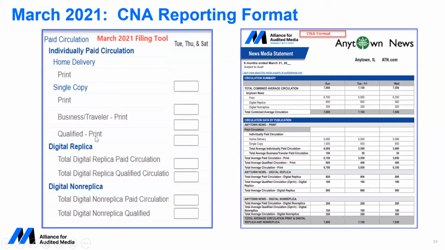Now qualified print, qualified, that's pretty much all your analyzed non-paid distribution is going to go into qualified. So what does that mean? It means that you're going to include in there any qualified home delivery market coverage, home delivery address specific, public access, which is your retail business, distribution to apartments, RECs and other distribution, and other qualified, which includes employees, your